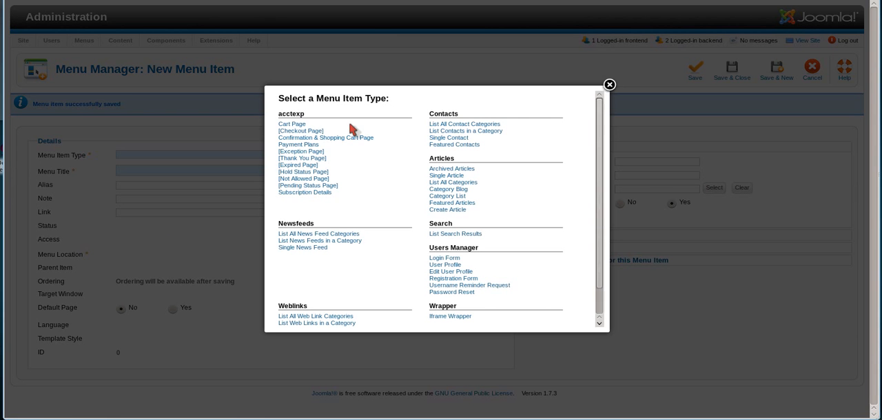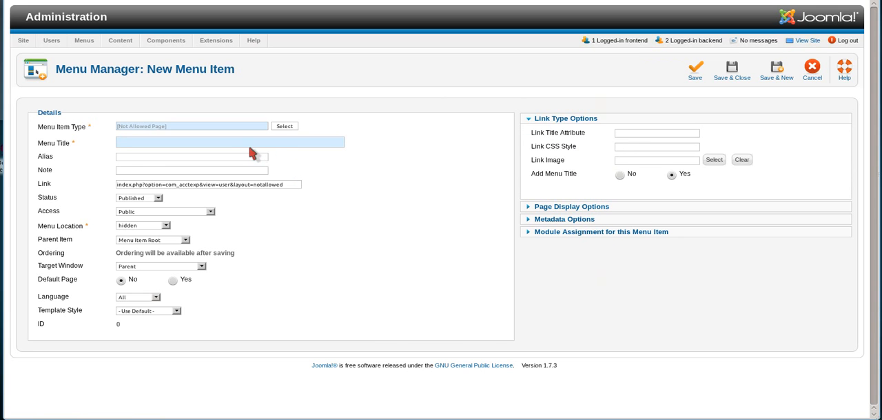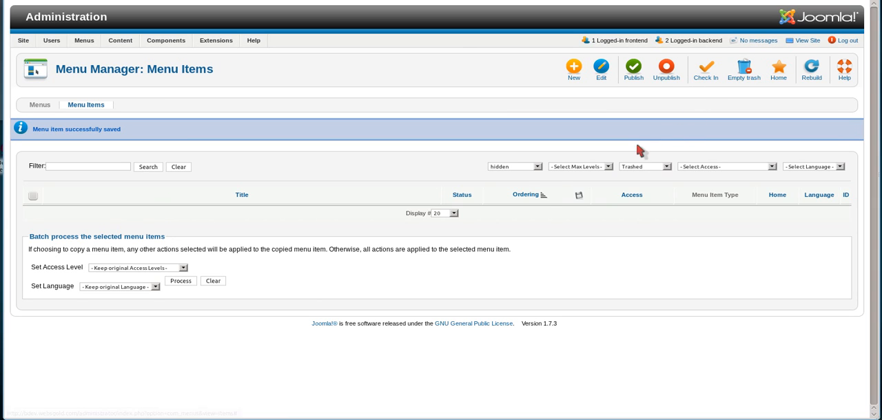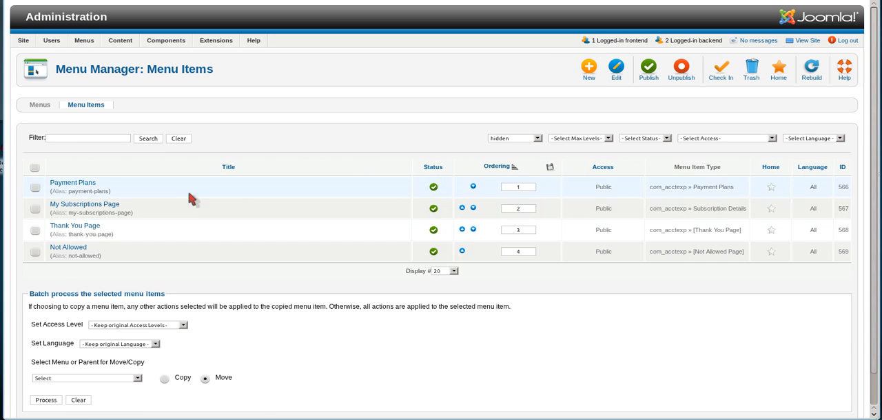And let's make one last one here, and let's actually make the not allowed page so we can show a module on there. And then we'll hit Save and Close. So basically now, in our menu system, as you can see, we have 4 items in here. Now, usually we're not going to have these on a menu. That's why I said originally put them into a hidden menu. But let's say, for example,